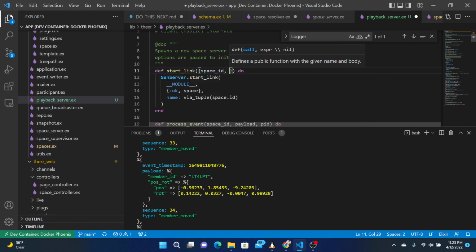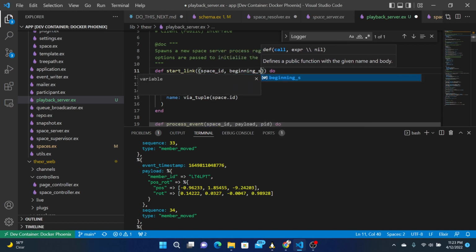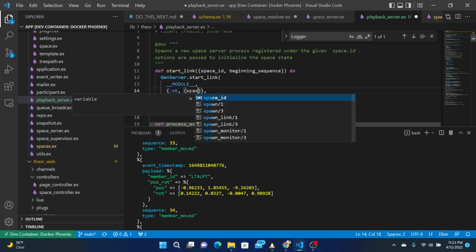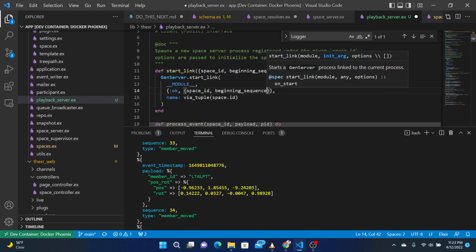ID. Beginning sequence. We'll call the start link with this same tuple. And the name will be